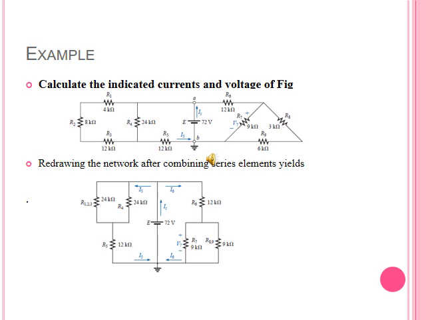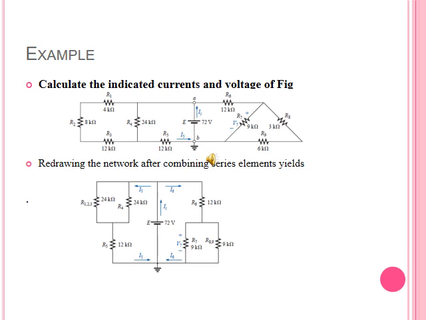Now, if we look at our circuit, first of all we have to analyze it. After analysis, we come to know that R1, R2 and R3, the first three resistors, are all connected in series. After combining them in series, we come to know that they are connected in parallel with R4. So in our first step, we will combine R1, R2 and R3, and the value of R1,2,3 would be 24 kilo ohms. It would be in parallel with the 24 kilo ohms resistor. You can verify all the points which I am discussing here with the second circuit.